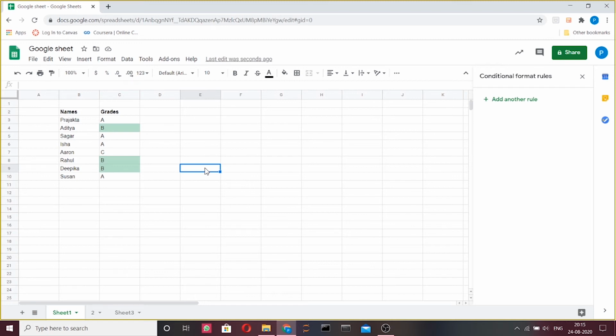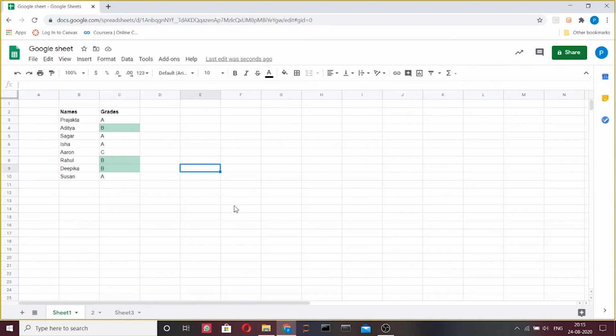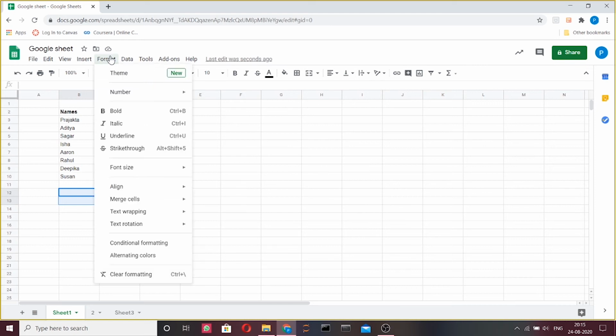Our next step is to learn how to merge cells in Google Sheets. For this, select two or more cells you wish to merge. We click on the Format button in the menu bar and select Merge Cells. Depending upon the cells you have selected, you have different options for merging them.